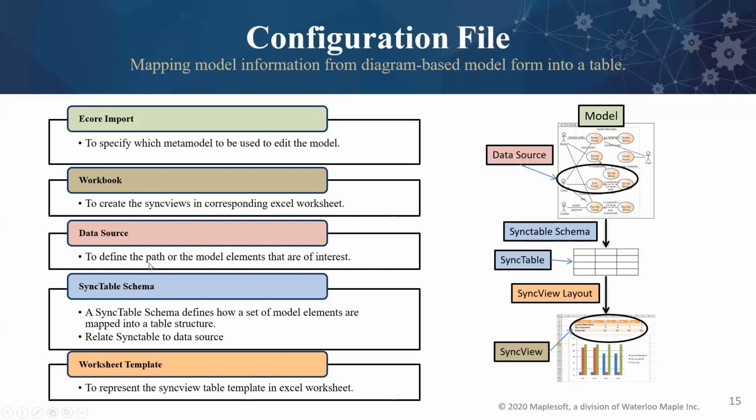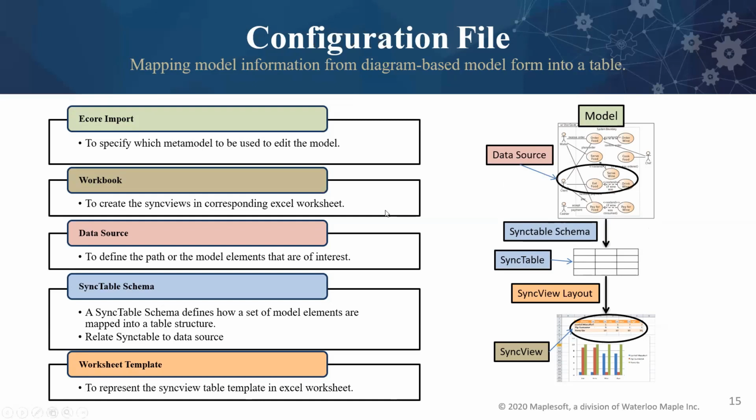The data source is just a path, a way for the user to navigate within the model. I can go onto the model, go to the sub packages, to a layer of a subsystem, and tell MapleMVC that from this specific subsystem package, I want to get some information like the blocks or their properties, etc. That's what the data source is used for. To give you a visualization, say I have my whole model. I can use the data source to restrict it to a certain scope within the model.